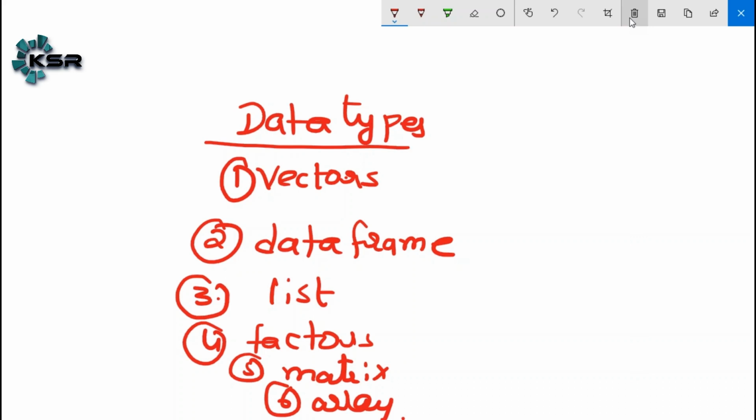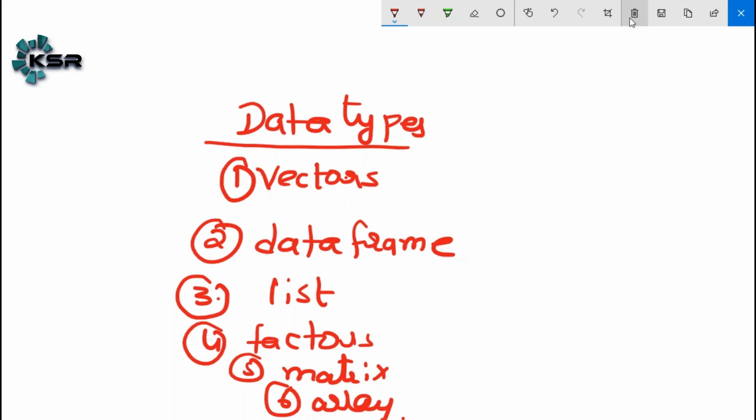We have different data types in R. Those are vectors, data frame, list, factors, matrix, and arrays. Okay, let me discuss them one by one in detail.